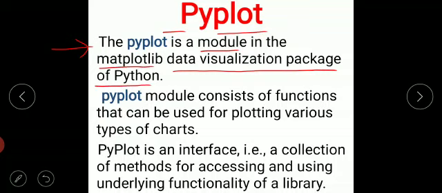Getting? pyplot module consists of functions that can be used for plotting various types of charts. Means the functions which are needed to plot the various types of charts, those functions exist in the pyplot module. Now let's see what is pyplot. It is an interface, that is a collection of methods, you can say a collection of functions for accessing and using underlying functionality of a library.